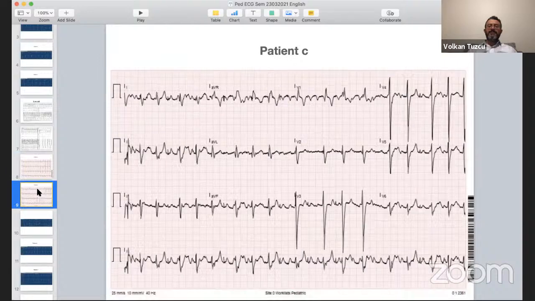This is the same patient. What is different here? Okay, I'm getting some responses already. Any ideas? Okay, most of you who responded so far say it's atrial tachycardia or atrial flutter. Actually, you're right. I'll tell you the reason I showed you this.